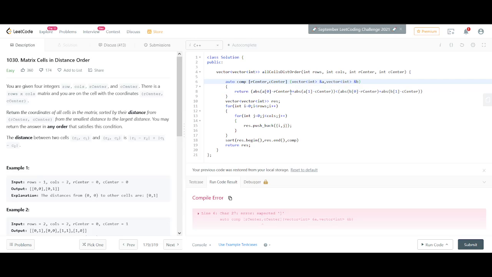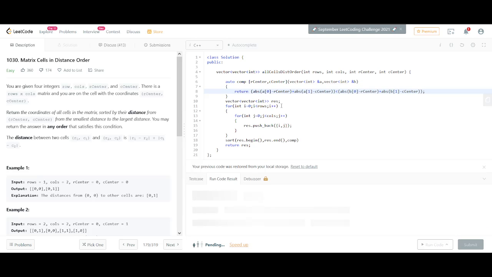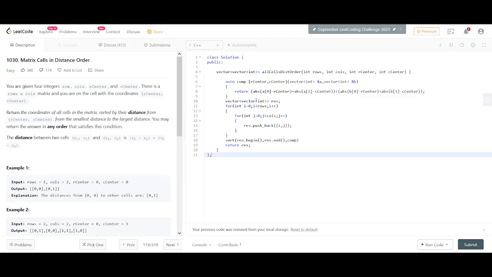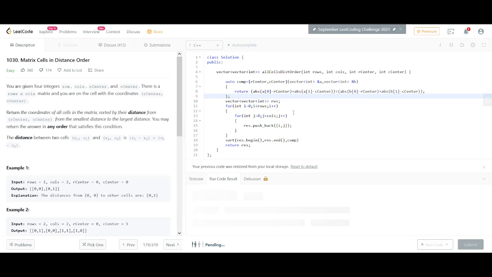So this syntax like this, semicolon. Yeah, I think it's